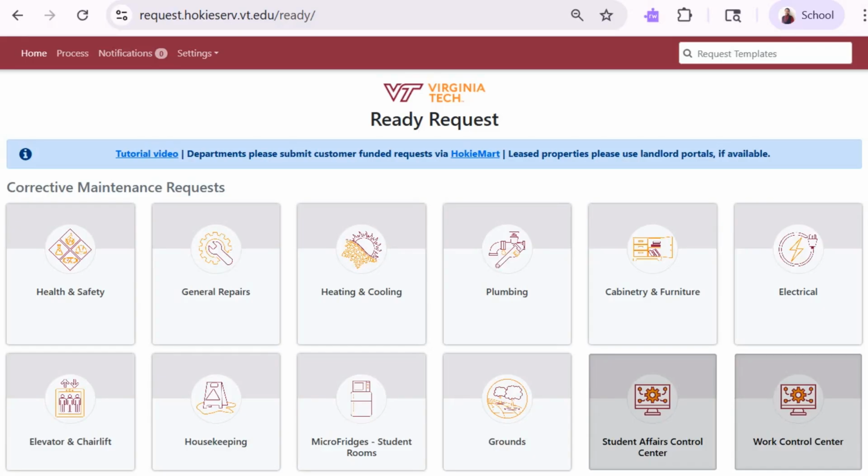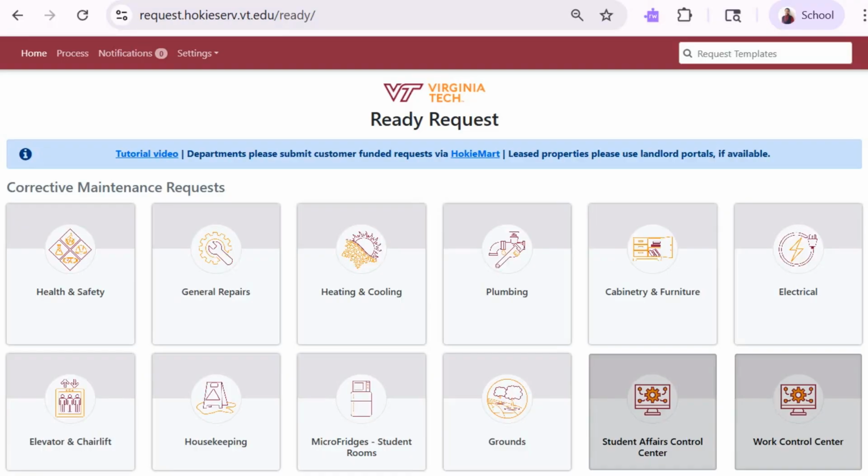By reporting your maintenance and repair issues via this system, you are providing critical information to the university regarding our agricultural properties. This information will assist the Division of Facilities and College of Agriculture and Life Sciences teams in our planning and operations functions. To get started, navigate to the ReadyRequest website at